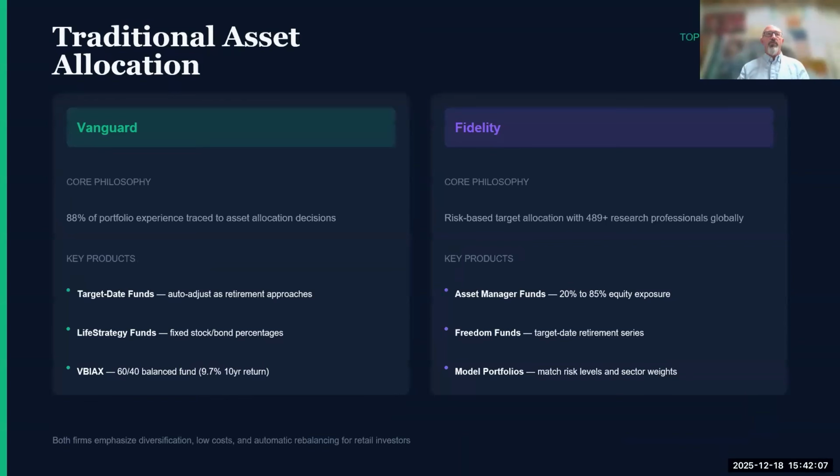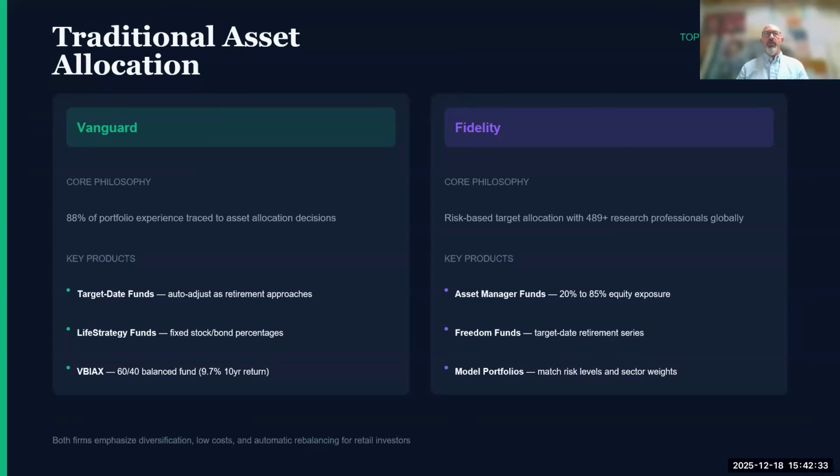Vanguard is one of the largest passive mutual fund investors. They also have ETFs now. Their 60-40 split portfolio, VBAIX, has averaged a 9.7% return over the last 10 years. It's pretty steady. In their case, they're just buying stocks, within mutual funds or